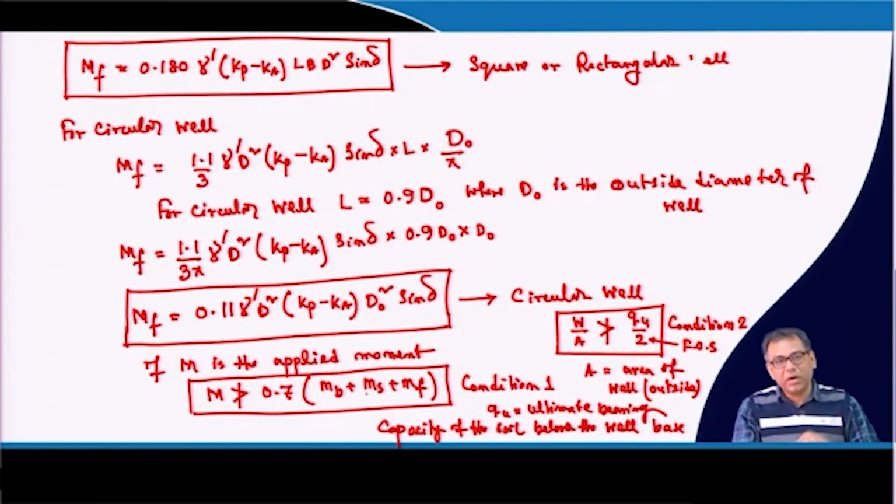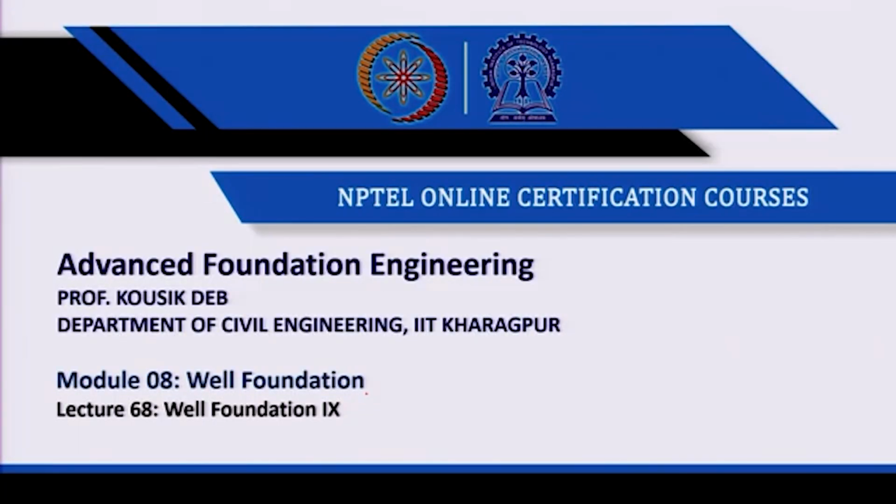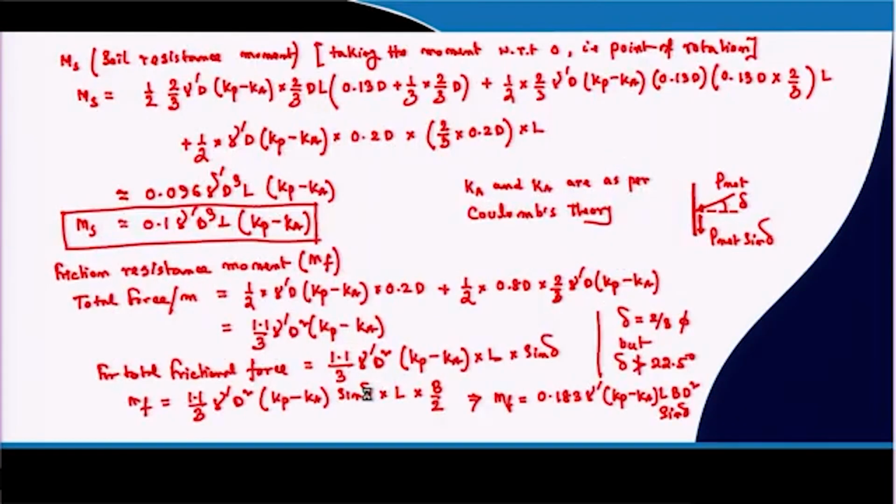So, these two conditions you have to check for the ultimate soil resistance method, and then we have to check the 3 conditions that I have discussed, that is for your elastic theory method. Okay. So, now I will solve one particular example problem, and then I will show you how we can use these conditions. So, example problem, that the W, the total vertical weight including the self weight,